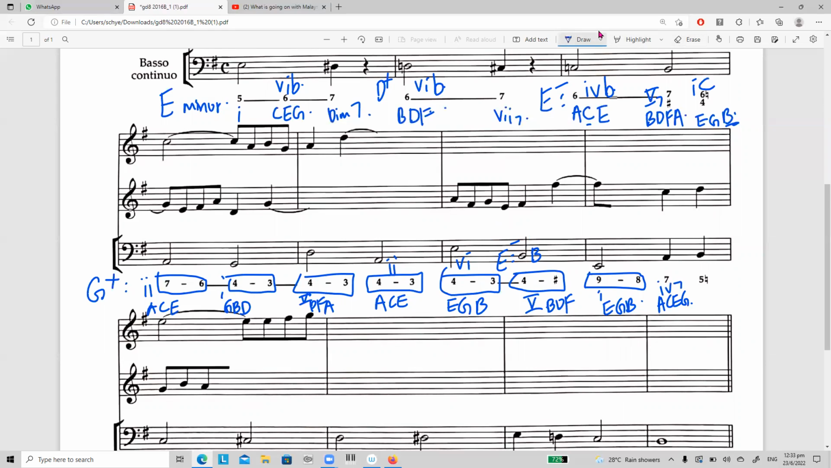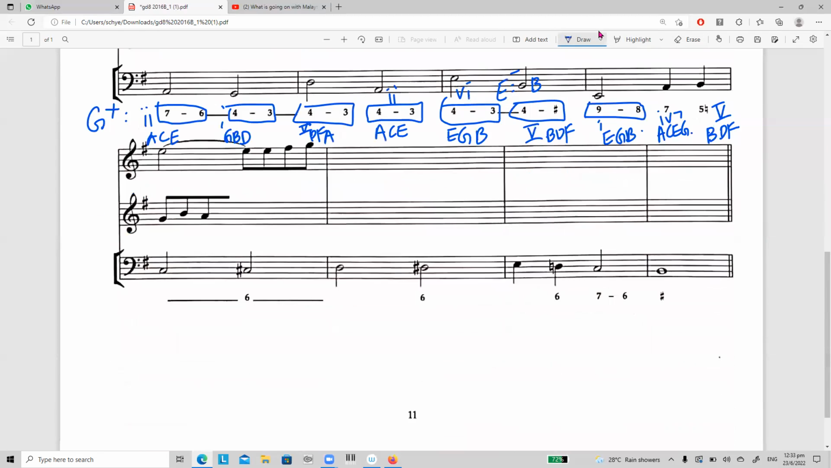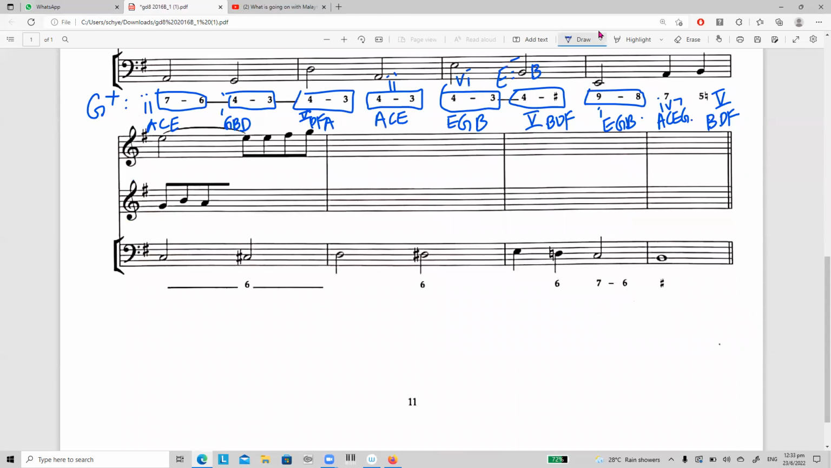4, 7. And then this one is B. So B, D, F. Then 5 is B, count 5 steps is F. So that's how you get B, D, F. So in E minor, B, D, F is chord 5. Okay, last line,